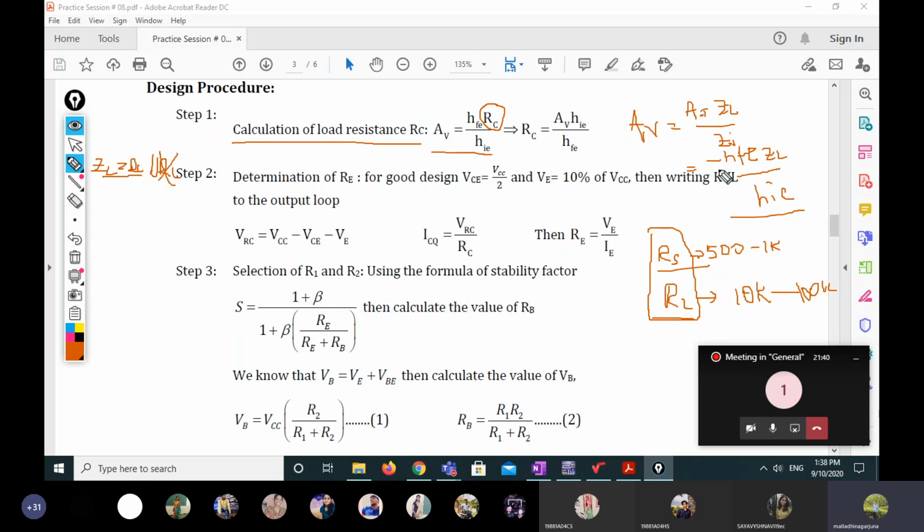Now see again: in the equation we have minus HFE, but I am taking plus HFE. Why do you get the minus value here? What is the reason? The reason is, if you go back to the circuit diagram, this is the current source, and this is the resistor ZL. The current through it we call IL. This is IL and this is IC, and both are in opposite directions. So I take IL as minus IC. That is the reason I get minus HFE.